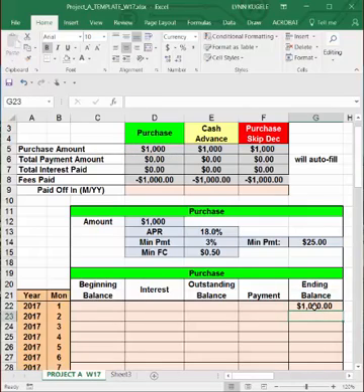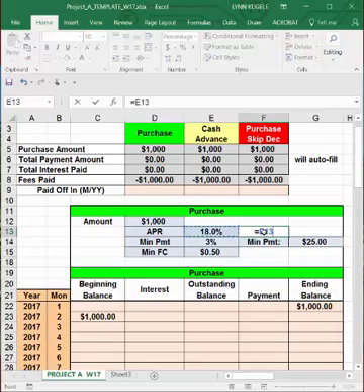There it is. Now, the beginning balance in every year is equal to the ending balance in the previous year. The interest, the APR, is 18% per year. It's an APR, and we need a monthly rate. So that's going to be 18% divided by 12. That's the rate we're actually going to use. We're going to apply it to the beginning balance. So we're going to multiply that times